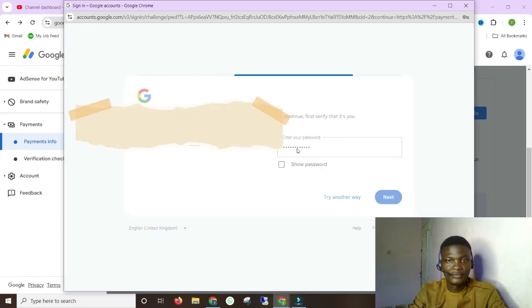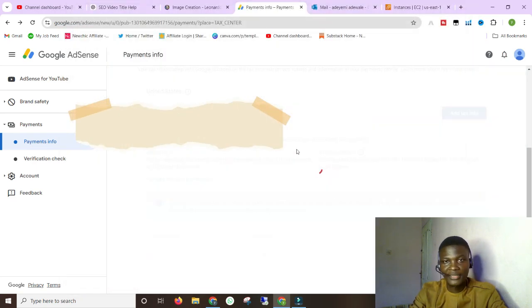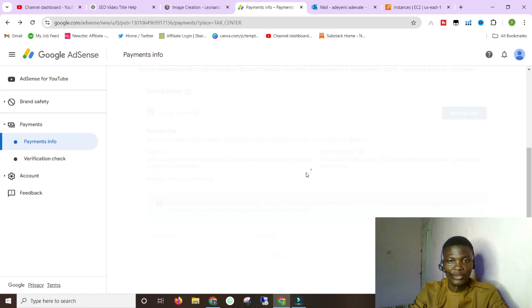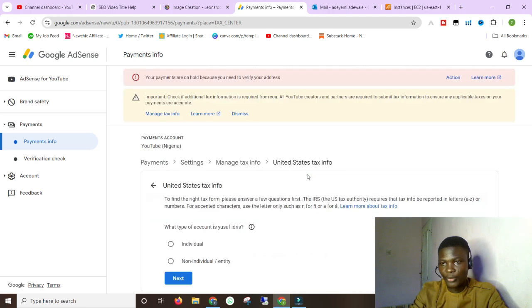Okay. Then after entering your password, it's going to take you right back in like this. Then it's going to load and, of course, pop up the exact thing we needed. Okay. All right. So right here, you can see